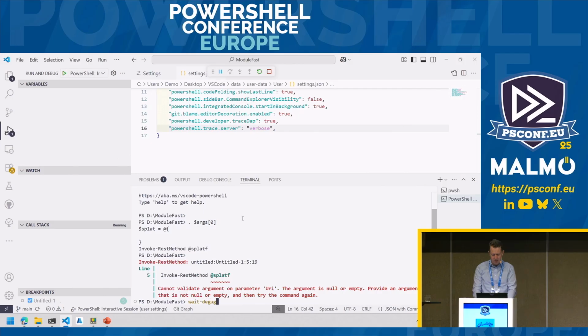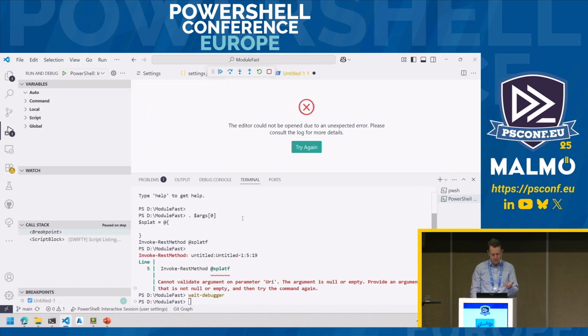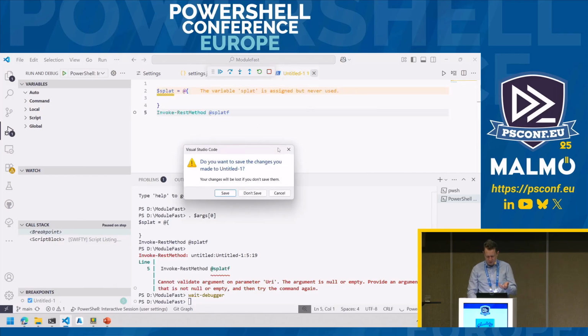You can type wait debugger in a session as you want and have it fail apparently. Oh no, it's because I didn't have a script loaded. Oh, I really made it mad. The VM just full on hard locked on me. All right, that's great for a demo. All right, well, while I reboot my computer,